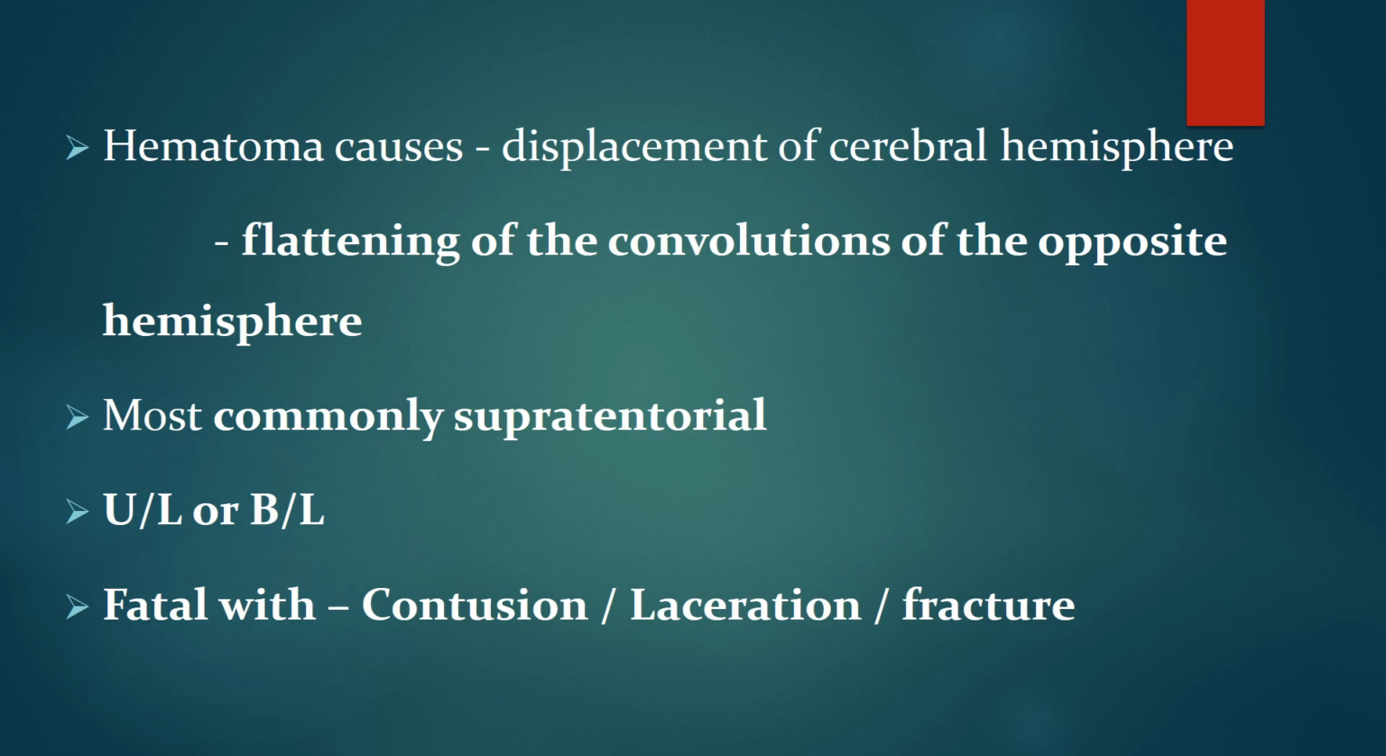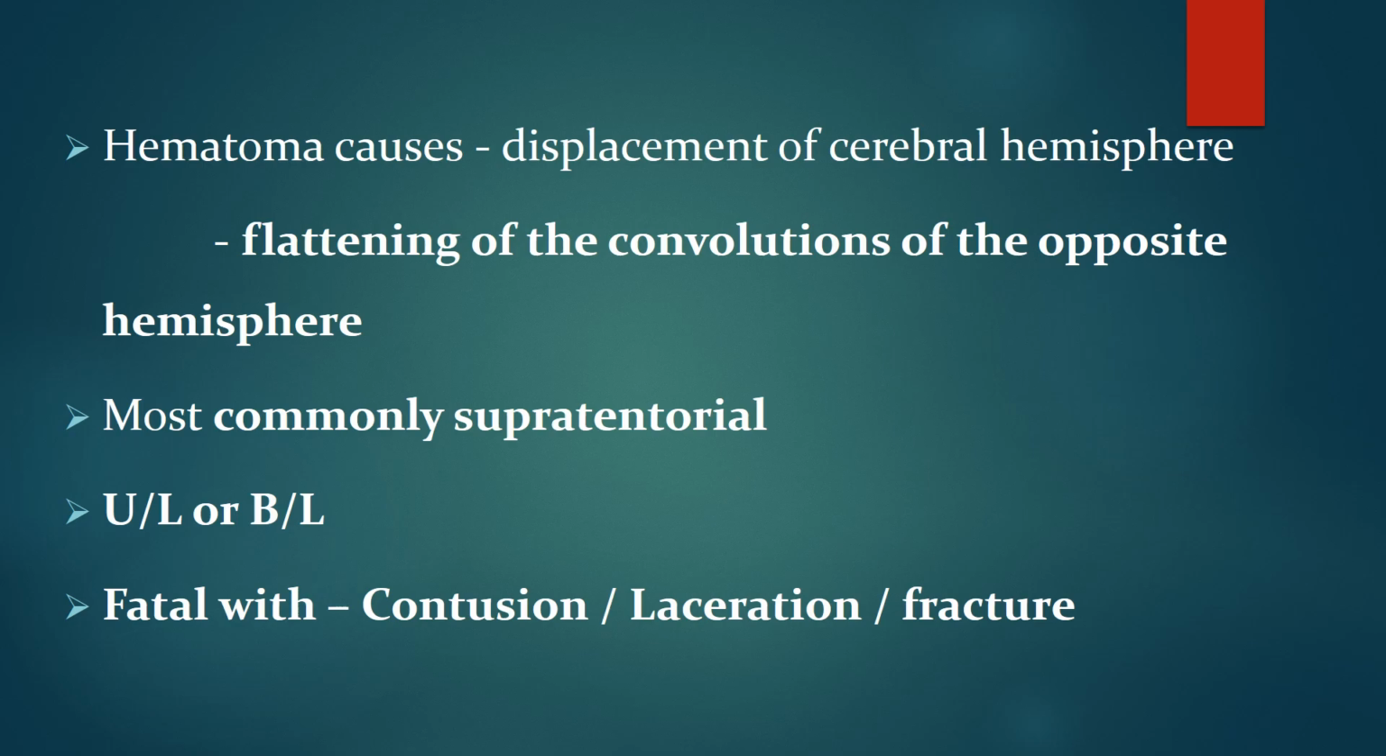So if there's a right-sided subdural hematoma, it is most likely to compress the left side of the cerebral cortex, and there will be flattening. Whereas in extradural hematoma, the same side, the ipsilateral cerebral cortex, will show flattening just beneath the hematoma,